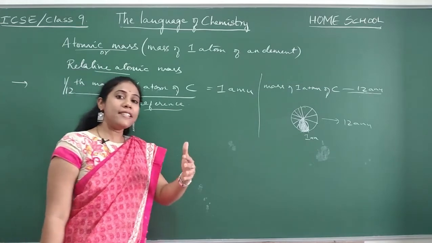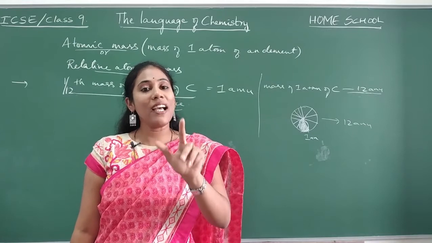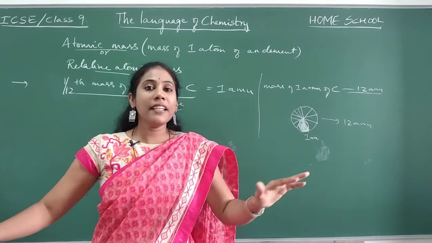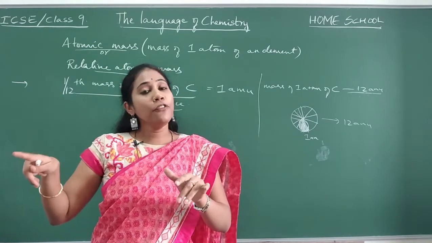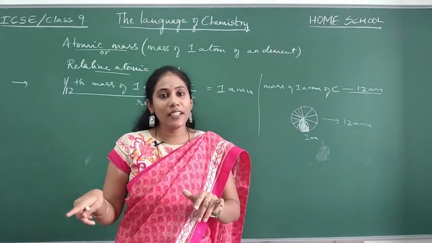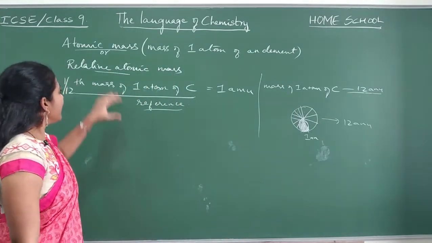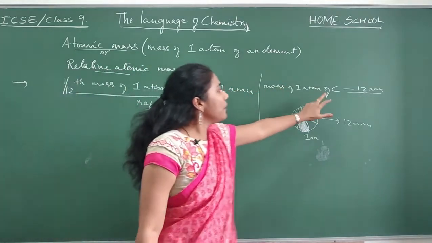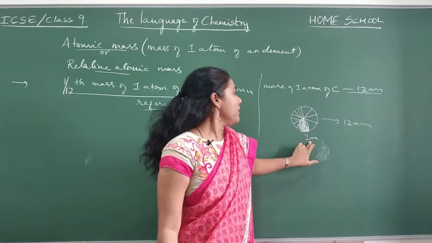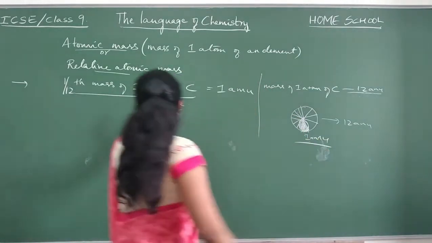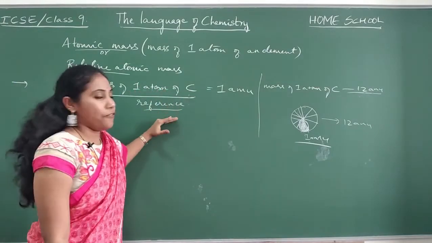Previously scientists used hydrogen as a reference, thinking that a hydrogen atom itself has a mass of 1 AMU, but later they came to know that it is not 1 AMU, it is 1.008 AMU, and if you have decimals and all, it is difficult for the calculations, isn't it? So they dropped that idea and they came to know that the mass of one atom of carbon is 12 AMU. So that one small part, the 1/12th part, will be 1 AMU, isn't it? So they considered 1/12th mass of one atom of carbon as a reference.